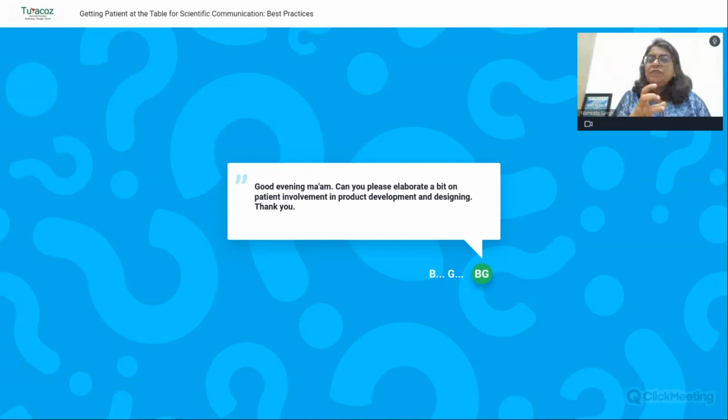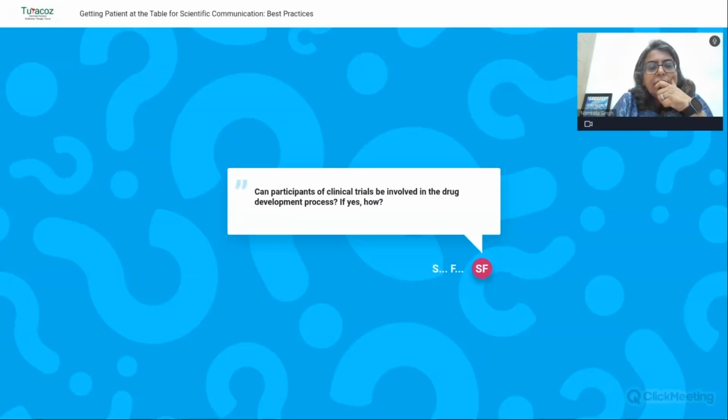Once we have a prototype or a sample created, then give it to them and ask them to use it, and then come back with their feedback and insights on the design, and whether they would want to make any changes there. That is how we can involve the patient at this stage.